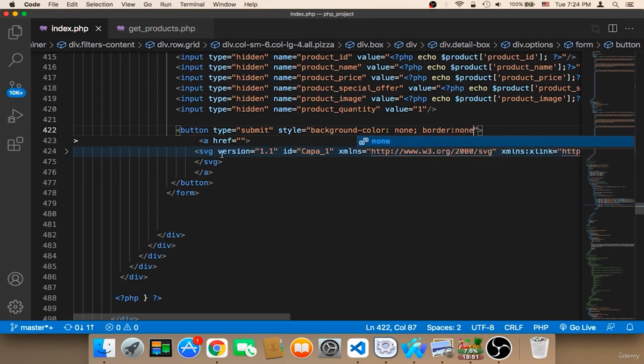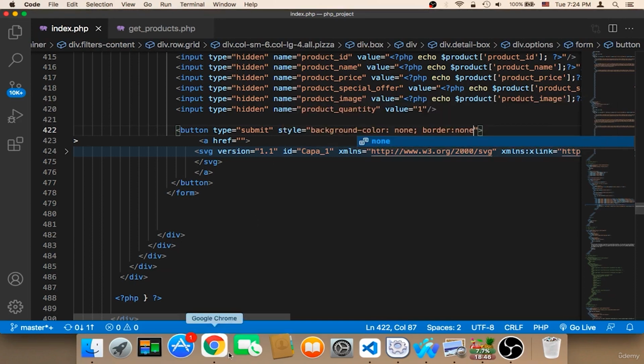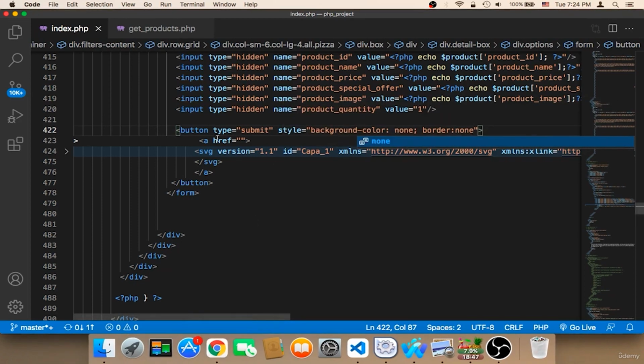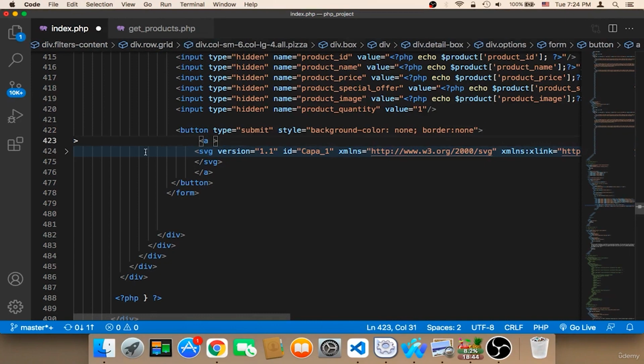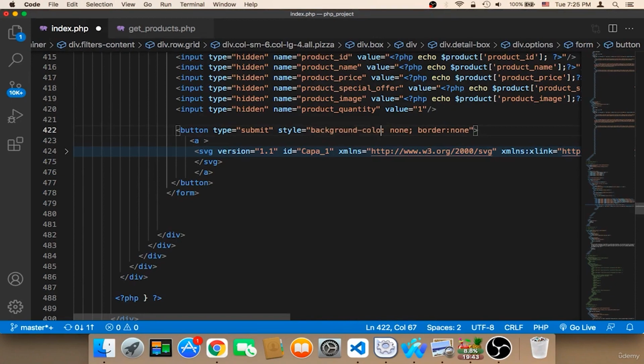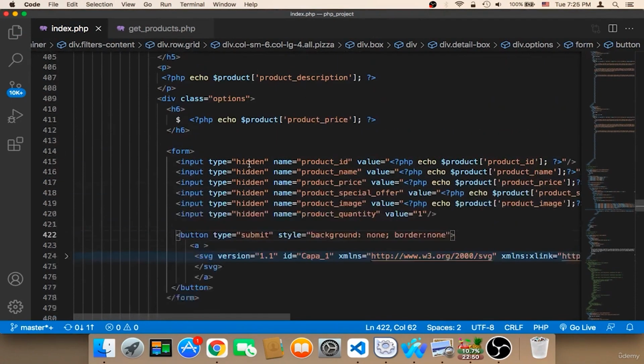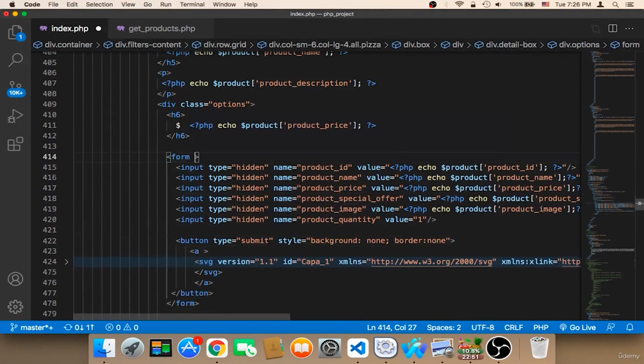Let me save now. Let me refresh. By the way, we need to remove this href. I'm going to remove this href. And we are done. Let me save. Background none. The thing that we need to add to this form is we need to give it method and